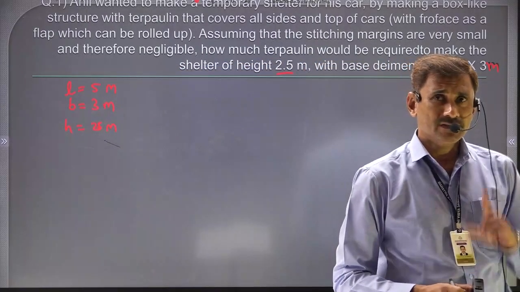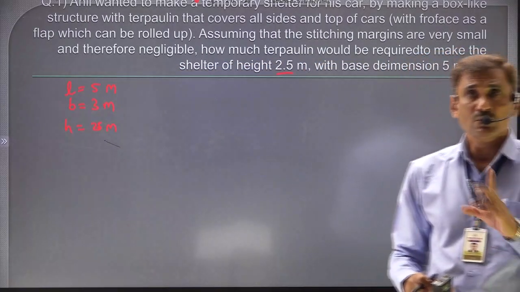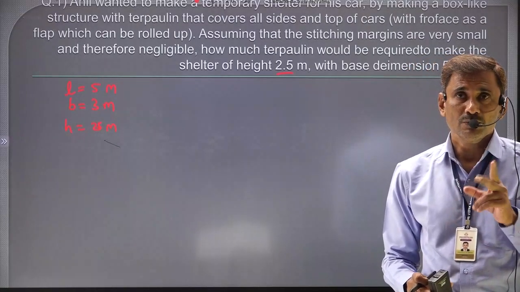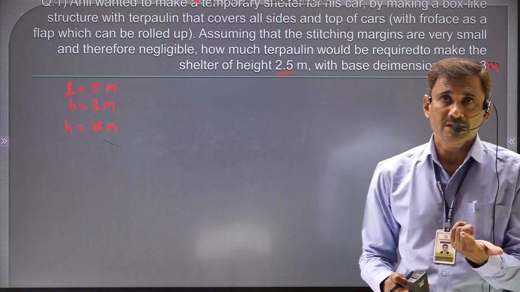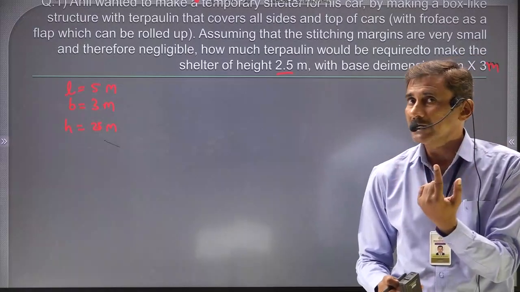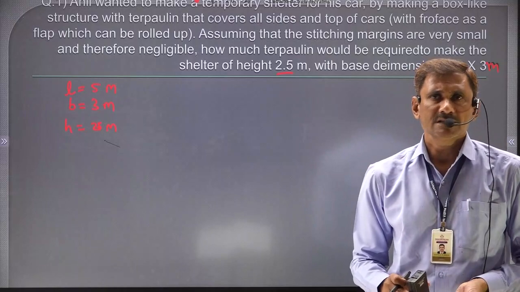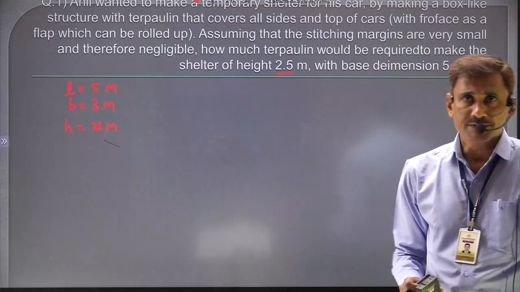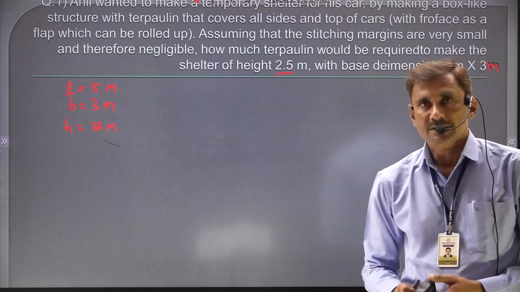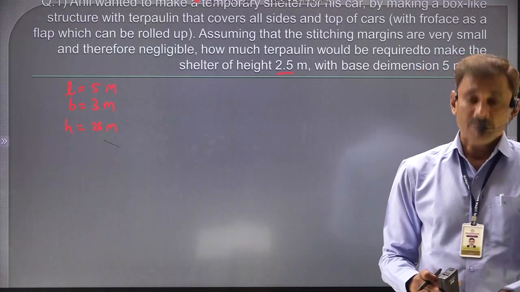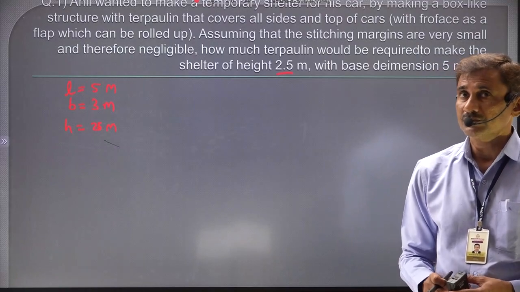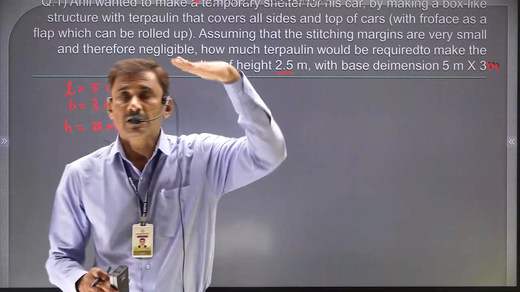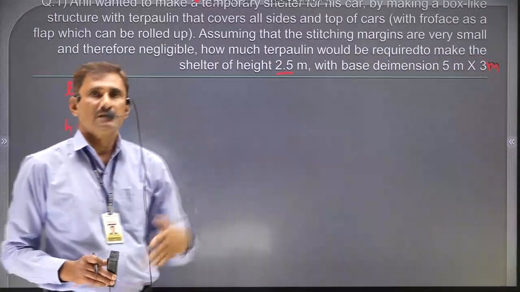Okay, so these are all the measurements. Now what to find? As I told you, sometimes it is not LSA, not TSA. In between something may be there. Why? Here there are 5 surfaces, not 4, not 6. If 4 surfaces are there, means the lateral part is there, we can use the LSA formula we already have. If all surfaces are there, means closed from everywhere, we can use TSA. But now it is open from the bottom side. It is not to be counted. So you just take LSA and then add the extra ceiling part.